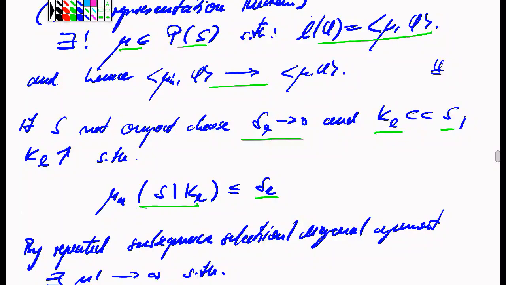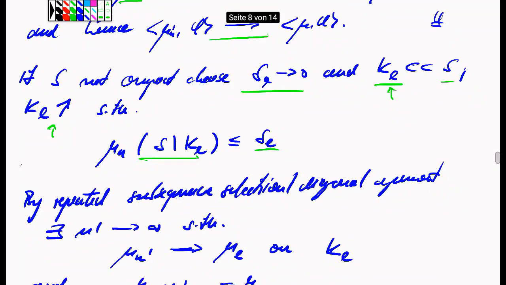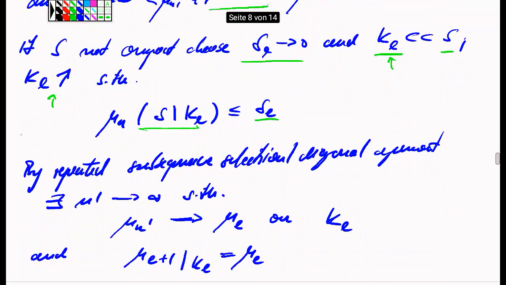And here we do this in an iterative fashion. We namely choose a sequence of delta L for L running in the integers, which converges to 0, such that for each of those L values we find a compact subset. And without loss of generality, we can assume that this collection of compact subsets is increasing. So we have a sequence of increasing compact subsets, which, up to basically negligible error in terms of measure, exhaust